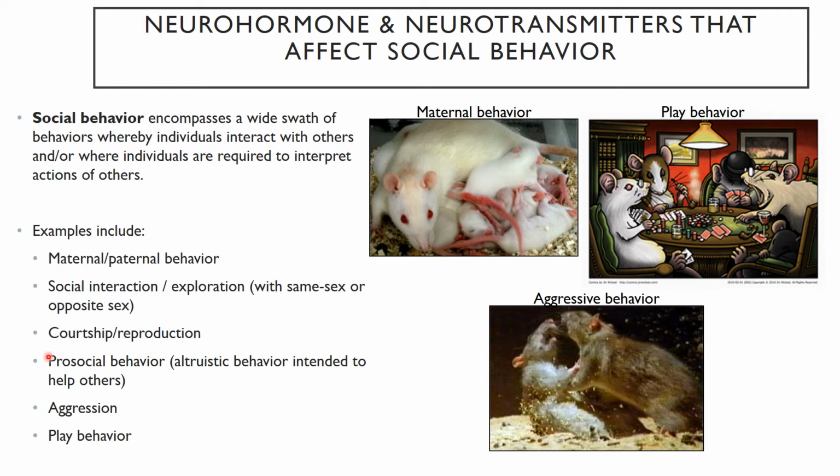for most species. Then there's prosocial behaviors. So we get into a little bit more specific about the type of interaction, the nature of the interaction. So prosocial behaviors such as altruistic behaviors. To be altruistic means to help others at some consequence or some cost to yourself. Aggression, like these guys, they're fighting. You can see they're not too happy. Many species will show aggressive behaviors. Virtually all of them do at some point. And so this is one type.